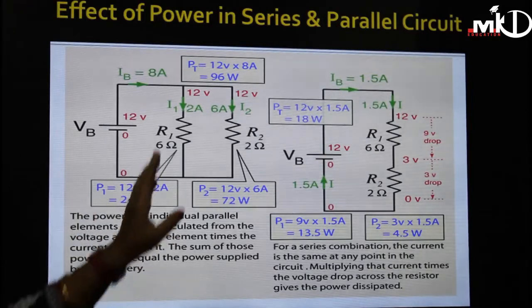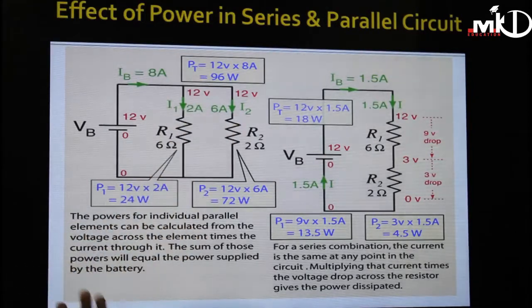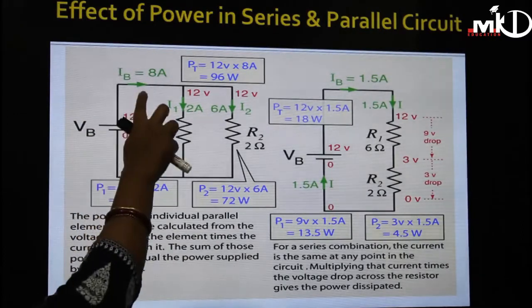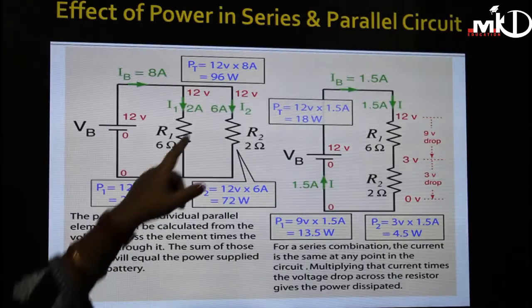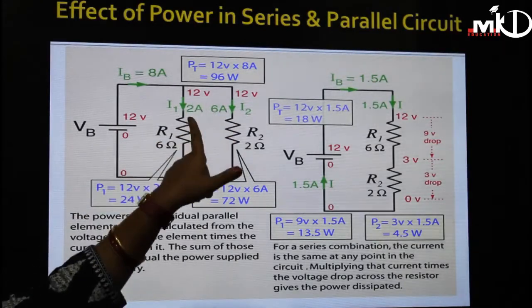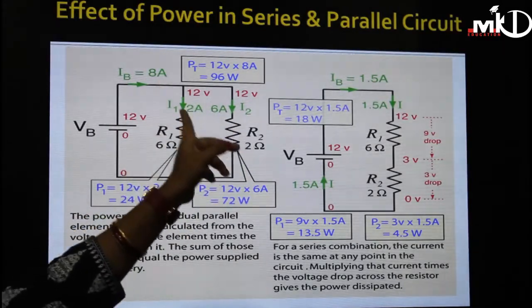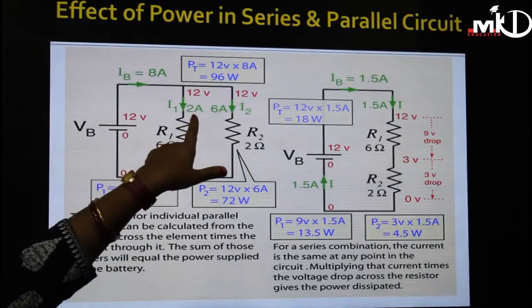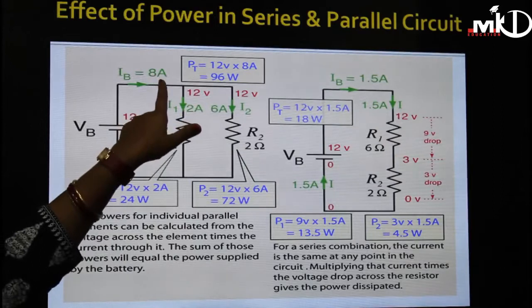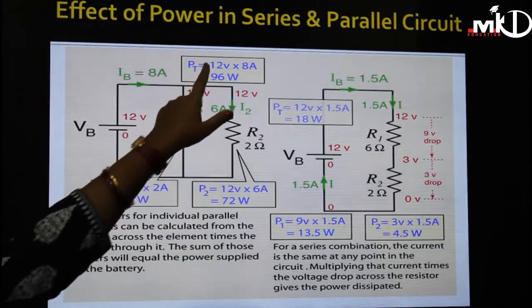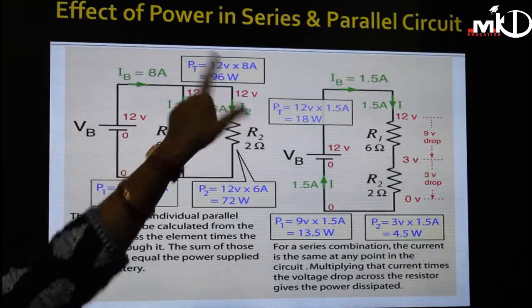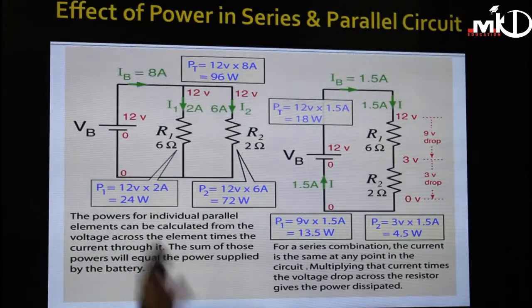And if we go for the total power, obviously total power means total circuit voltage into total circuit current. So now we are finding out I1 and I2. It is a parallel circuit, so I can add I1 with I2, that is equal to total I. It is 2 ampere plus 6 ampere, it should be 8 ampere total current. So total power must be V into I, that is 96 watt in case of this parallel circuit.